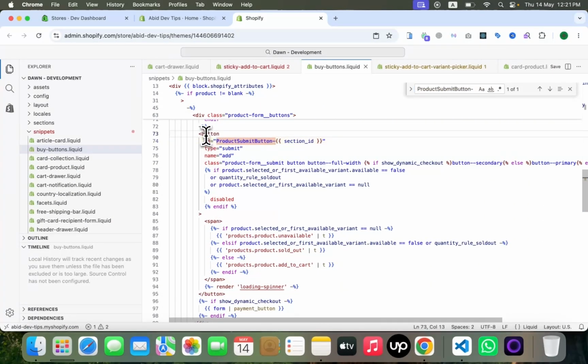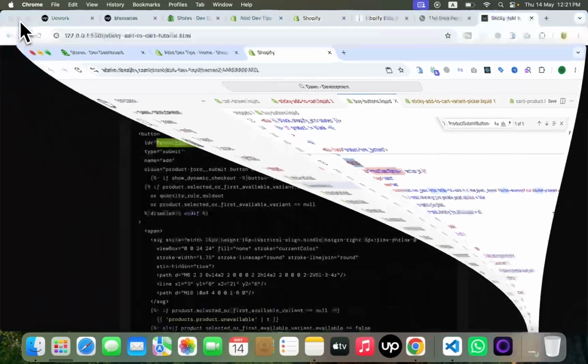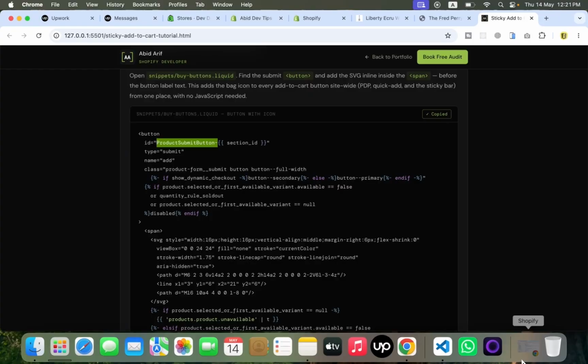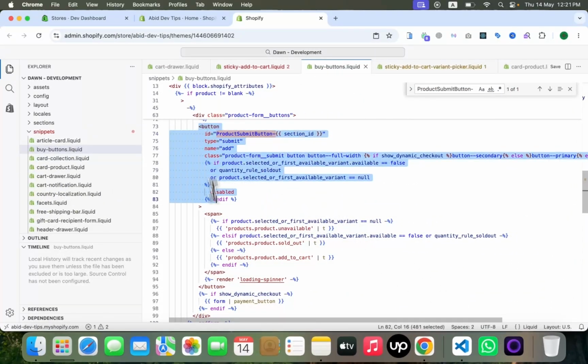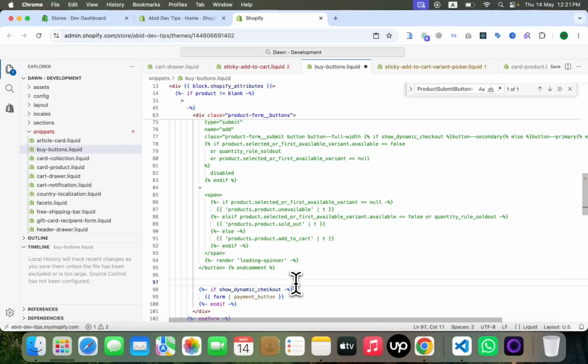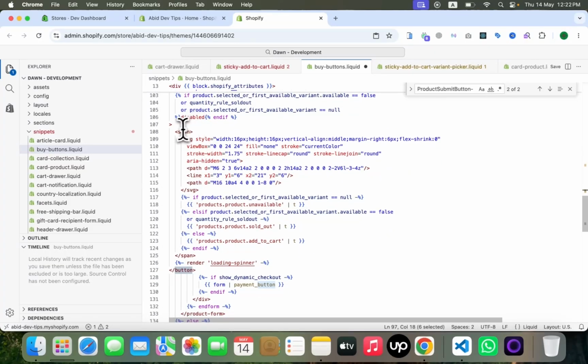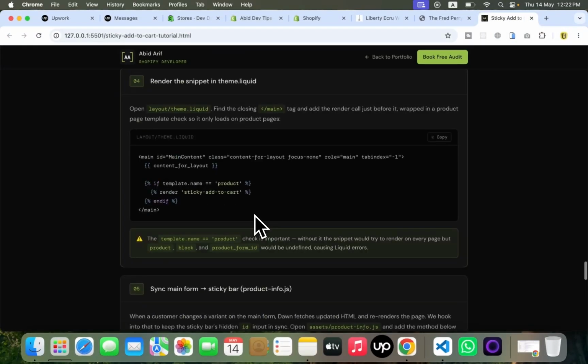This is the add to cart button. Copy this code and select this button, and you can comment it out and paste the copied code. This is the add to cart button and this is the bag icon. It increases your conversion rate with an icon.